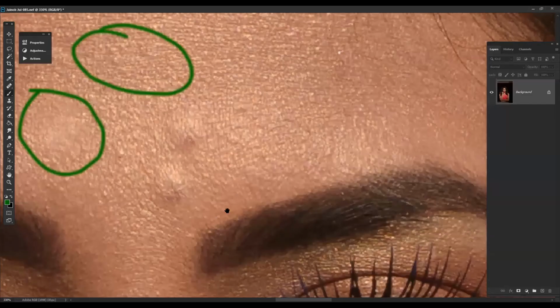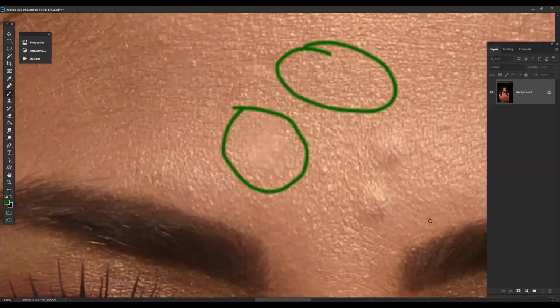See the difference between the two textures? Can you see the difference in texture between a harder, firmer pen, and a softer pen? Yes, sir. Okay.